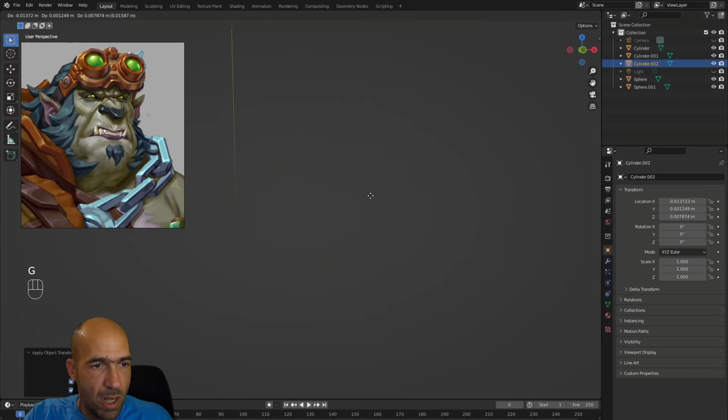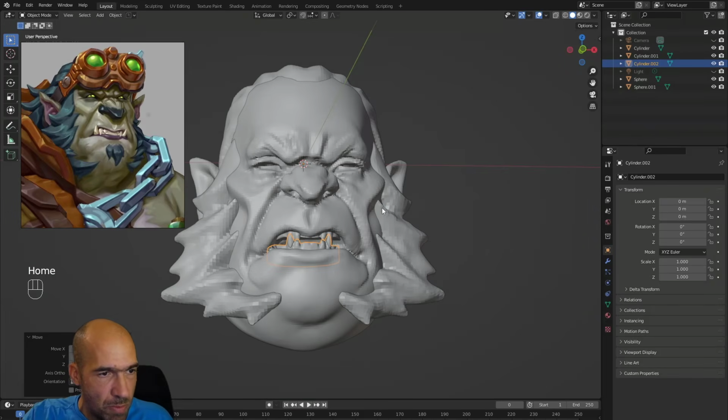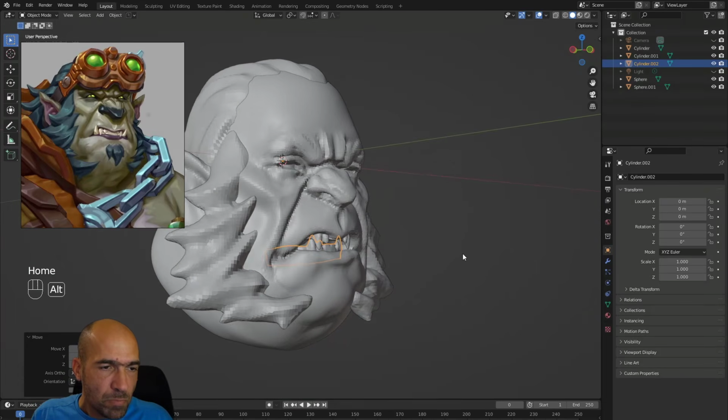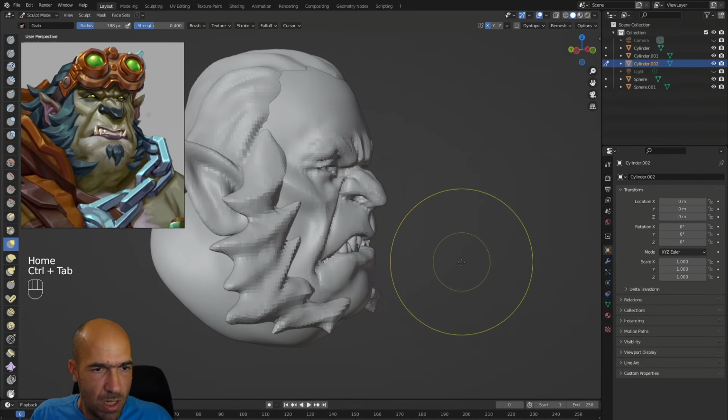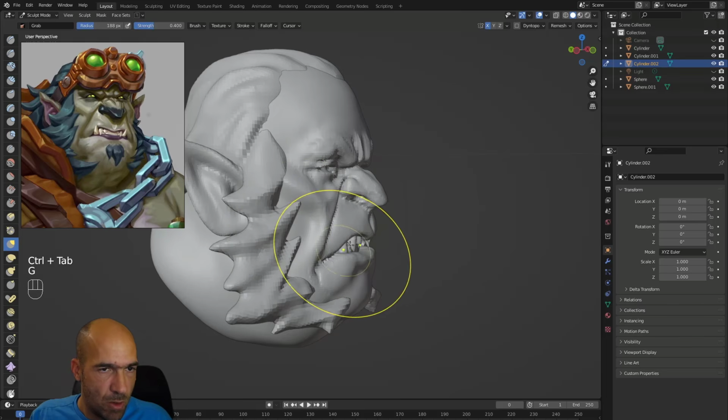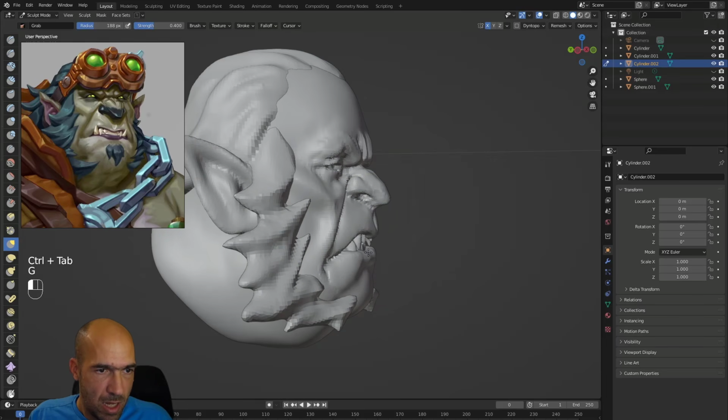And now I will press the Home button. It's not working. Okay, press the Del button, then the Home button, and our model is lost. So I did something and we lost our model. I applied the transformations. Now let's try the Home button again. Okay, now it's working. And now I will go to sculpt mode and continue working on it, of course, with